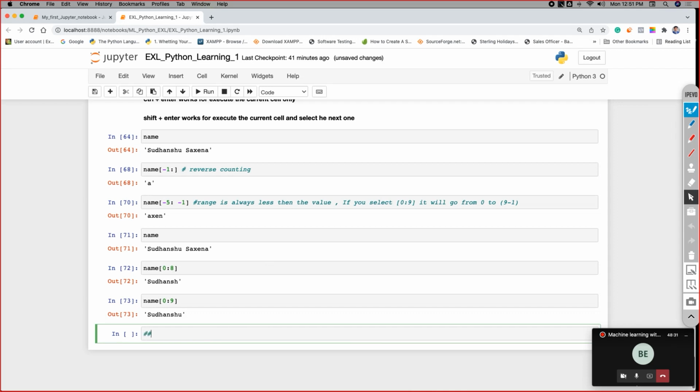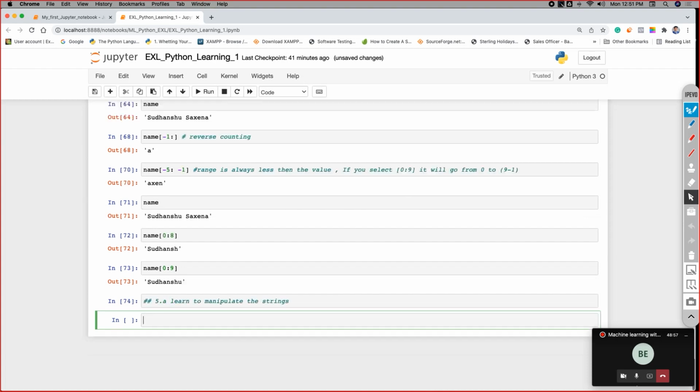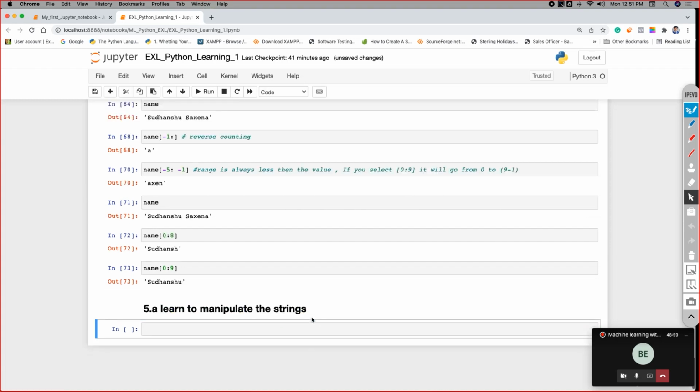So this is going to be 5.a, the section where we will learn to manipulate string values. How do you do that? Let me just make this a heading. Suppose this is my name, I'll say full name is equal to